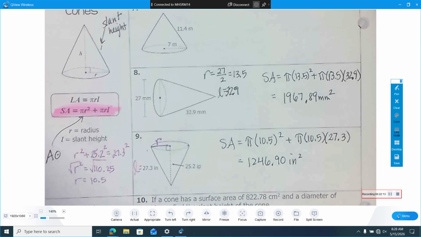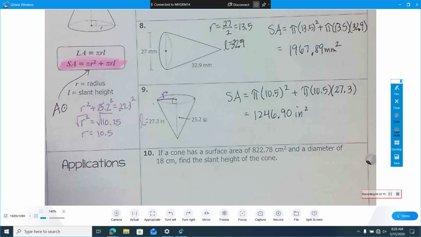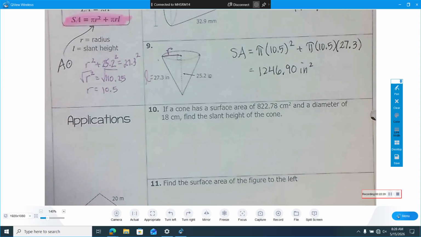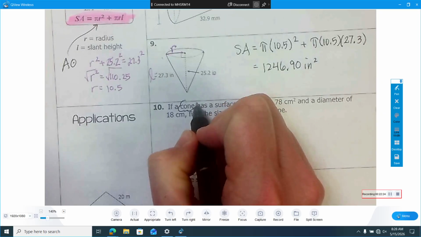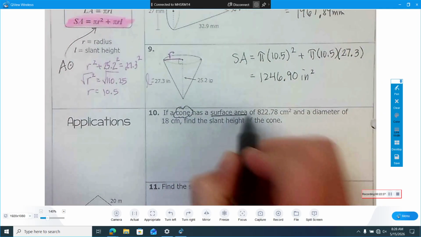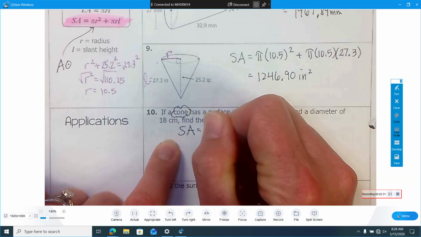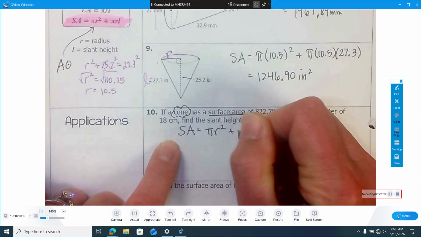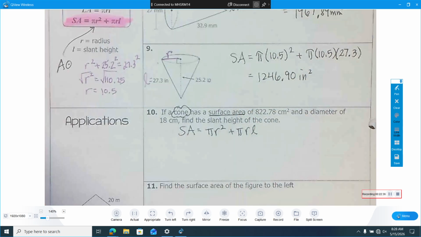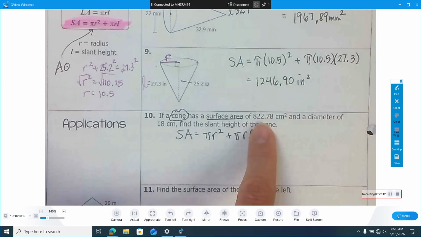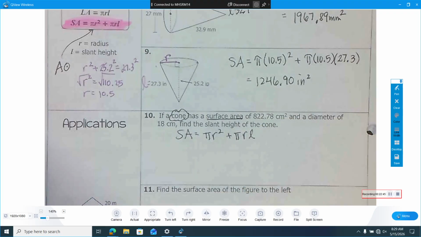Last one we're going to do is number 10. Number 10, we're going to do if a cone has a surface area. So first of all, it's a cone. Do we have a formula for surface area of a cone? We sure do. I'm going to write it down. Surface area is pi radius squared plus pi RL. We have a formula. Write it down. And then what are we going to do with the 822.78? Plug it in for,